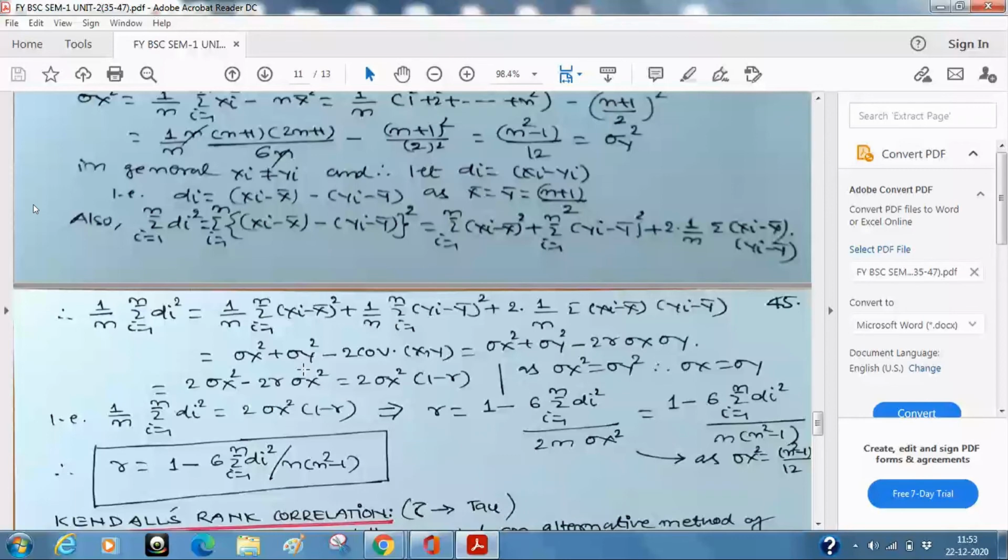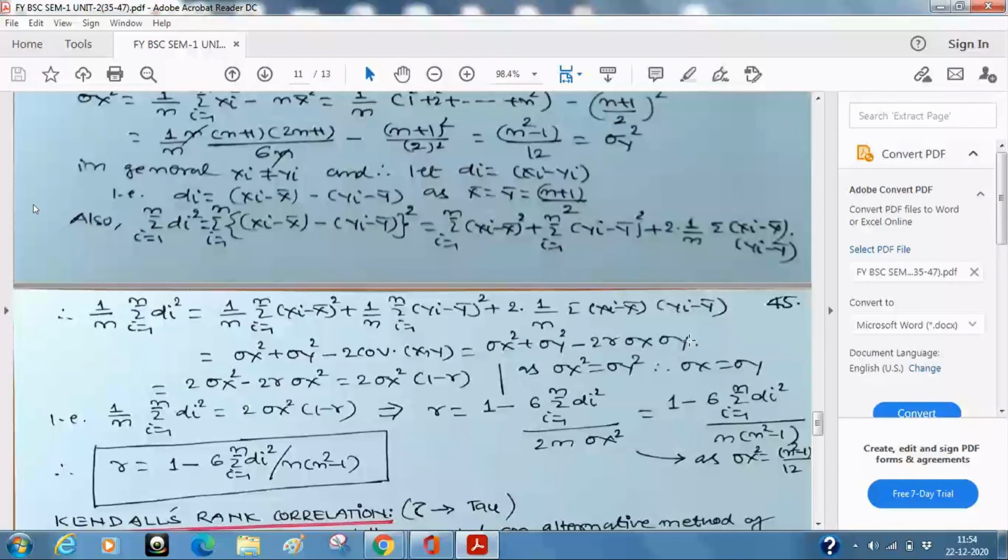कहाँ से आया, सिग्मा x स्क्वायर प्लस सिग्मा y स्क्वायर, but दोनों same है, इसलिए दोनों में हम same, आप इसको x में भी लिख सकते हैं, y में भी लिख सकते हैं, right, doesn't matter. So we can write it as 2 times sigma, this plus this, these values are same. So this is 2 times sigma x square minus 2r, आप लिख रहे हैं, और x is equal to y है, तो सिग्मा x स्क्वायर हो जाएगा.